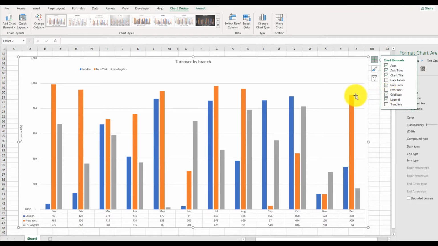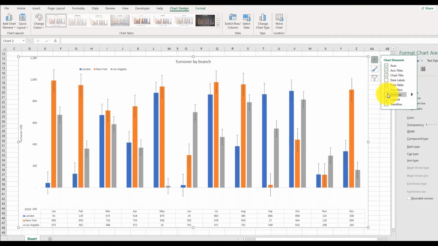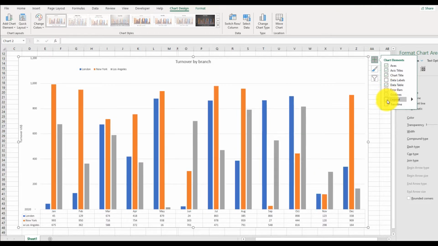Grid lines are these lines across, which are actually quite useful to see. Is that over the grid line or under the line? That's just under the grid line, so that's under 800. If you turn these off, you don't really know if that's under or over 800, so I would keep grid lines on. The legend is crucial, of course, because this is